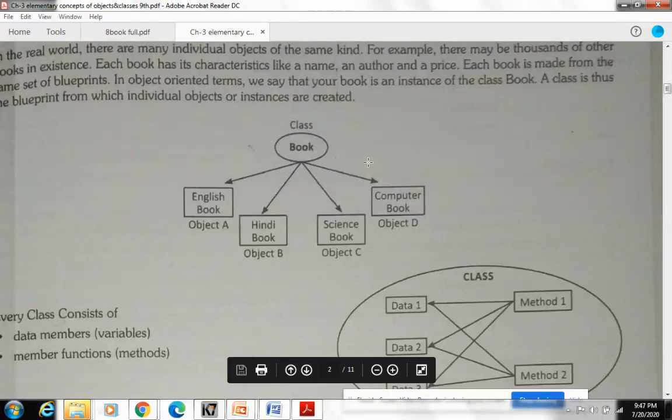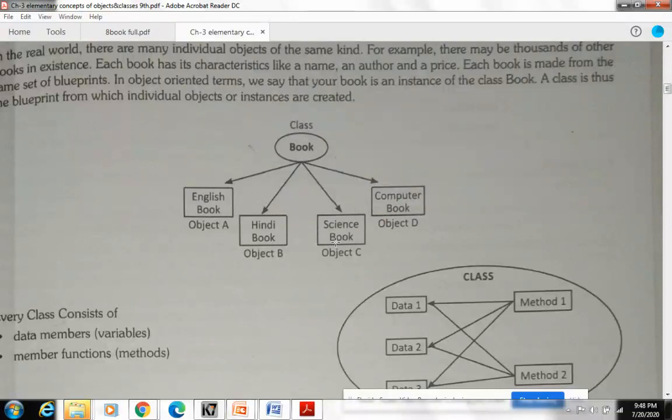It is represented in this diagram. Suppose we name our class as book. A book can be any: either an English book, Hindi book, science book, or computer book. Every book has different data. An English book has English chapters, a Hindi book has Hindi chapters, a science book has science, and a computer book has computer chapters.